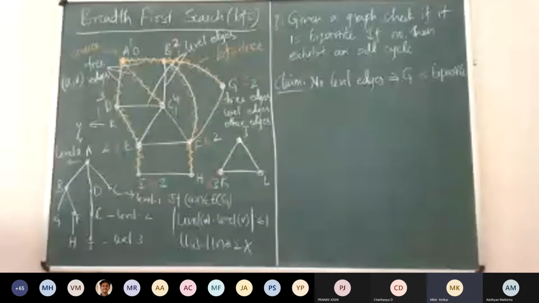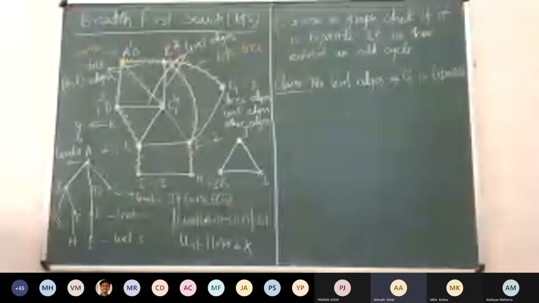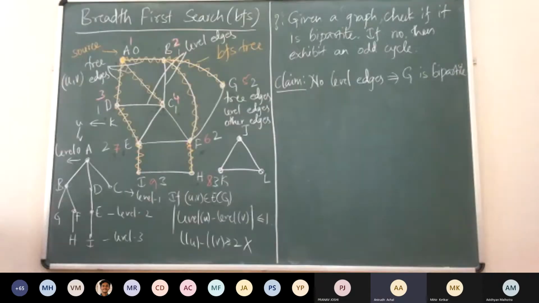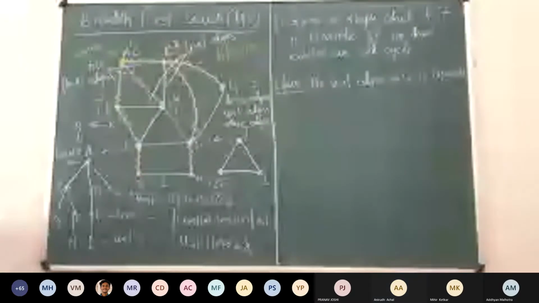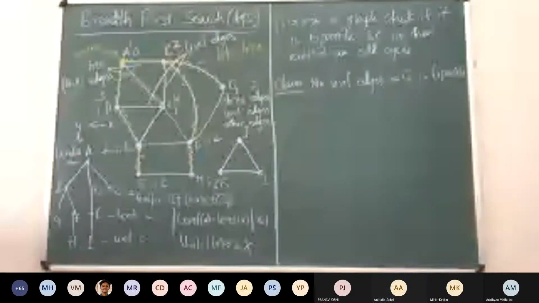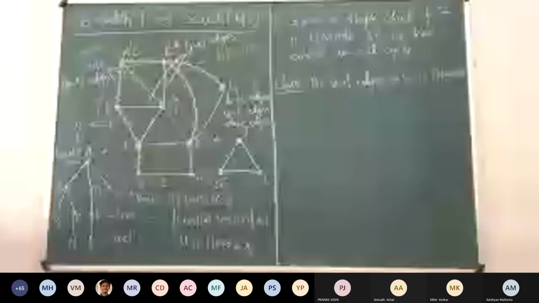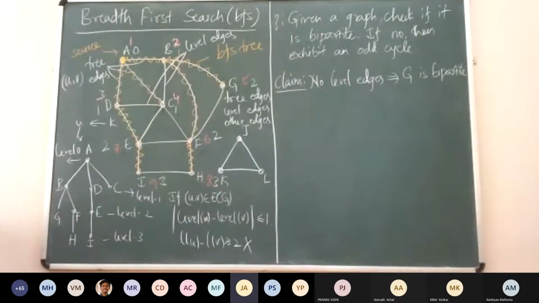Okay, so what direction do you want to prove? You are telling the converse now. No, sir, this is also true. Yeah, why? There are two options here now: either we have tree edges or other edges. You need to give me a bipartition. What do we mean by bipartite? We can partition the graph into two independent sets. Once there are no level edges, you should give me a bipartition.